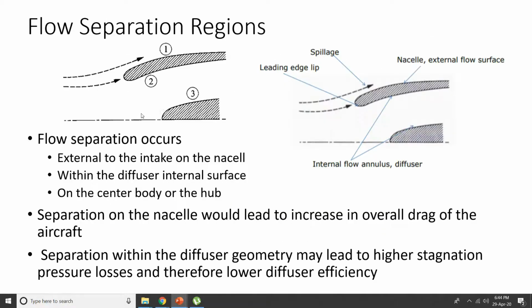And in external flow, we'll try to see how the flow separation occurs. So if you see a fixed inlet, there are three regions for external separation to occur. First is this point. The streamline of flow which does not come inside the inlet at all will simply come here and go outside of it. So this is called spillage. Spillage, as in the general English word, that everything is spilling out of it, so it is not at all coming inside. So that is called spillage. This spillage will cause a flow separation.